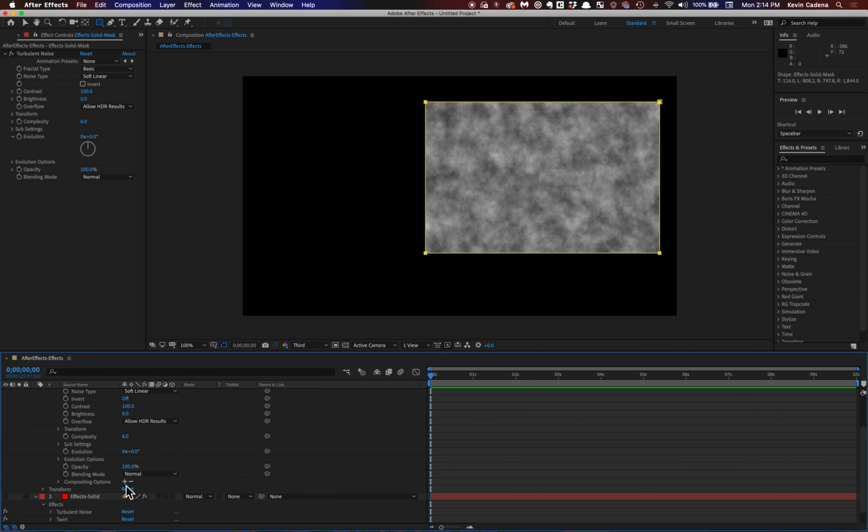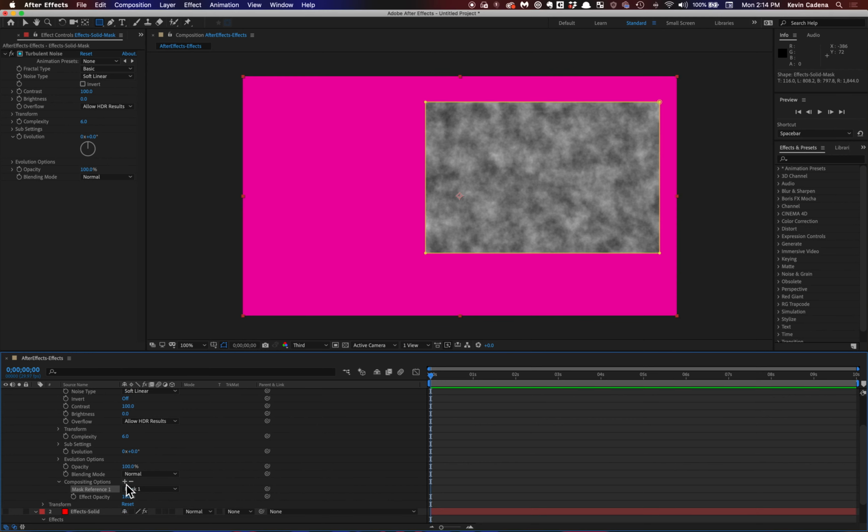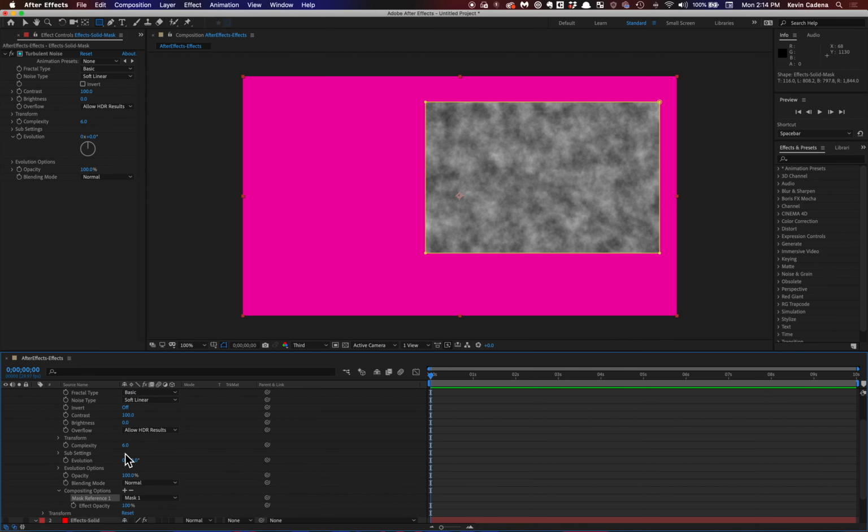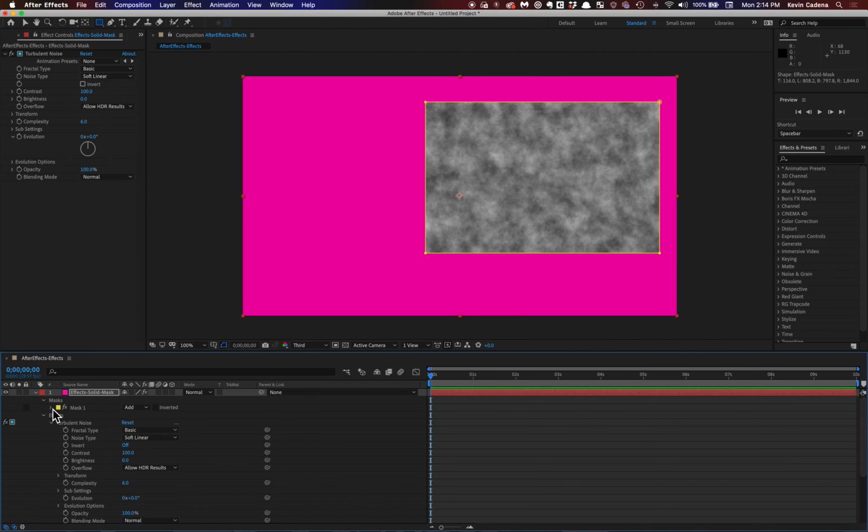You'll see that there's a plus sign, click on it, and ba-bam. Now you have a mask reference on this effect, and it's adding that mask that we made only to this effect. And so then I can start to refine the mask by going back up to masks, and maybe I can add a mask feather,